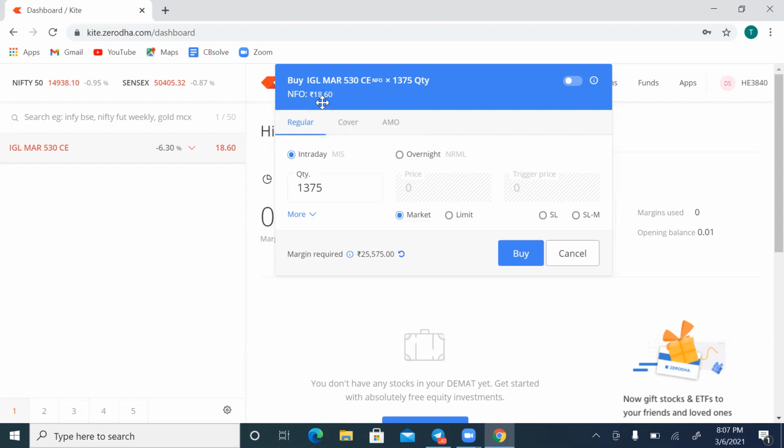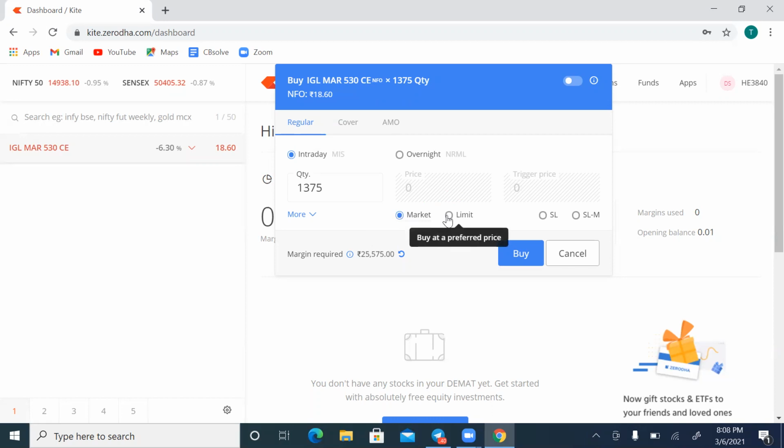So there would be fluctuations, it may move up or move down. Fluctuations happen every second, even in microseconds. The price may go to 20, 25, 23. There are so many fluctuations. So if you click on market and buy, you don't know at which price it will get executed. If suddenly a spike gives 25, then the trade will be executed at 25 and it may come down. So most probably, don't choose the market option, to avoid problems.